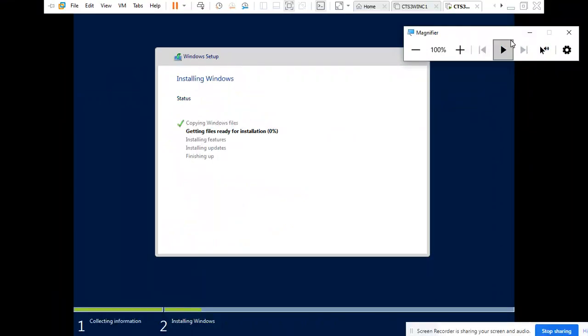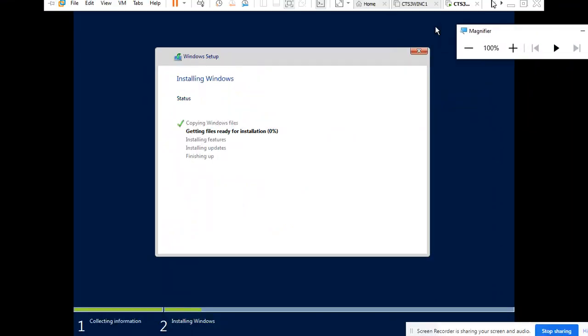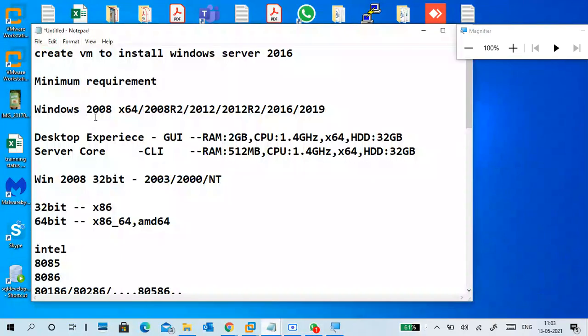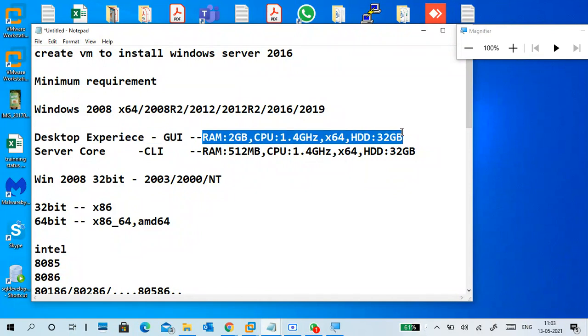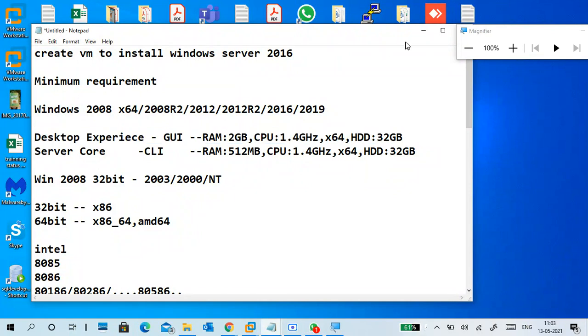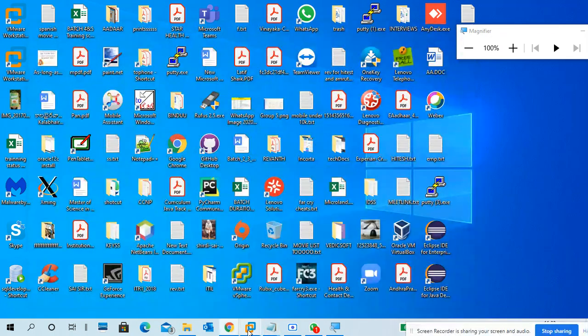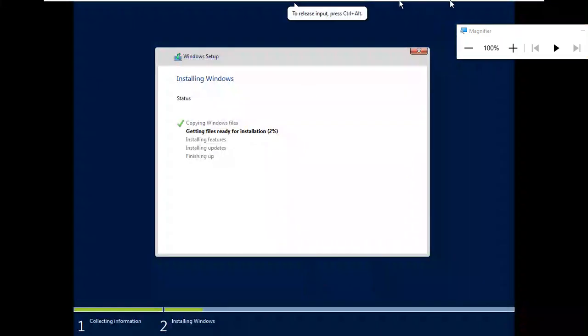So the pre-installation steps are normal. Make sure that you select desktop experience. That's why I told you desktop experience here, and also the minimum requirements. Let it install, it will take time.